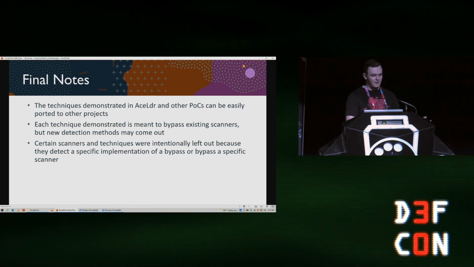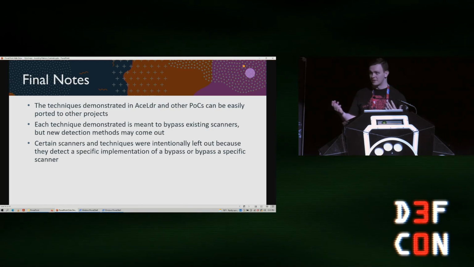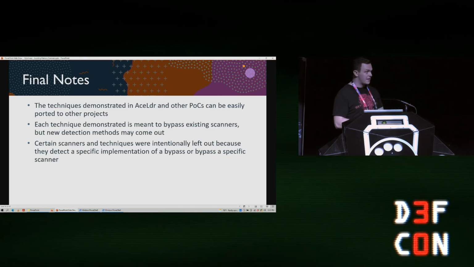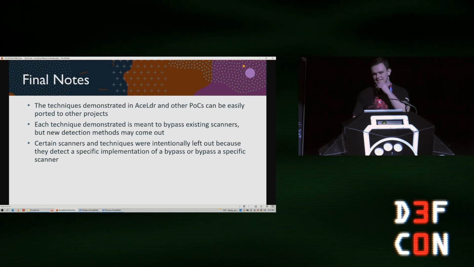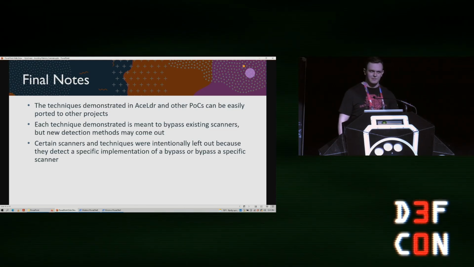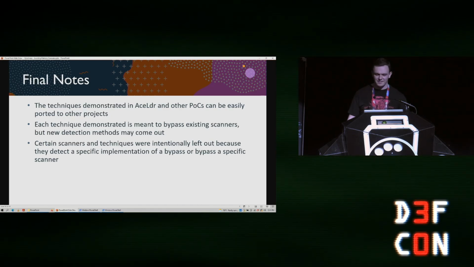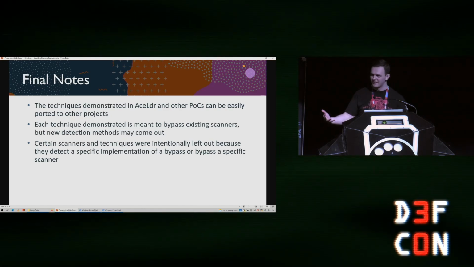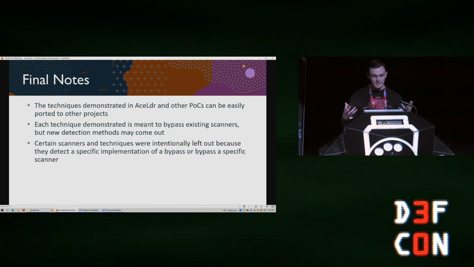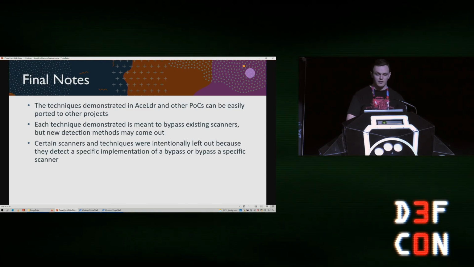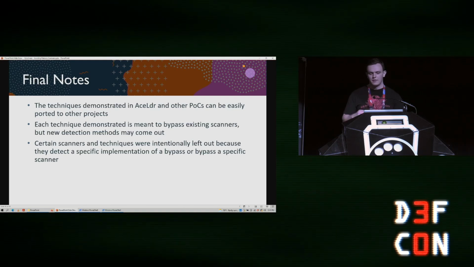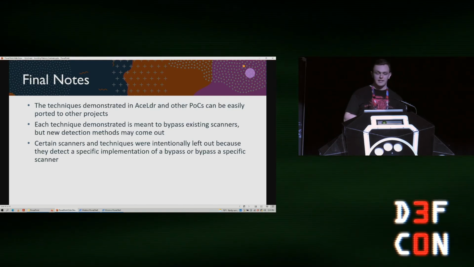But these things and the proof of concepts that I talked about can all be used for just about anything. If you wrote your own malware implant, or if you prefer some other framework, there's no reason you shouldn't be able to do this, especially if it's written in an unmanaged language like C or C++. If you have a C# implant, you might have problems because there's some JIT memory being allocated that might cause you issues. But if it's just a C implant like Cobalt Strike, you're not going to have problems there. The techniques we talked about bypass existing scanners.